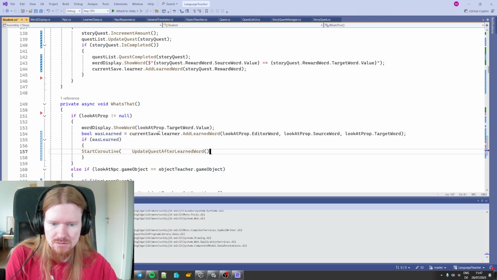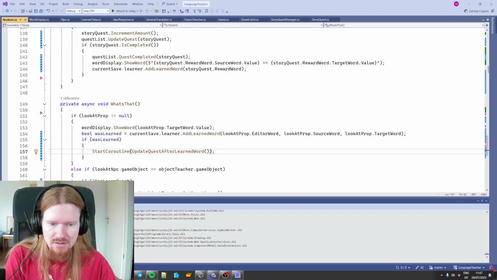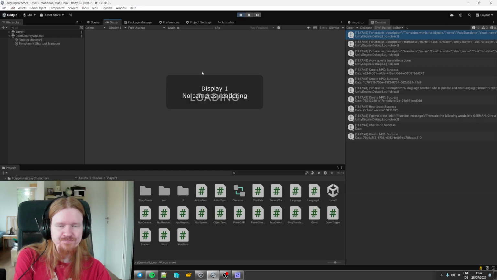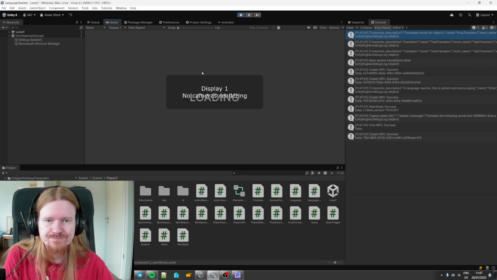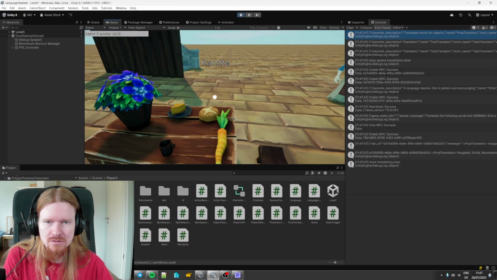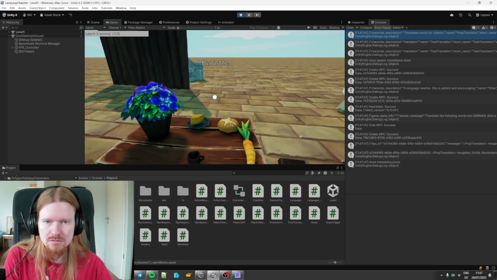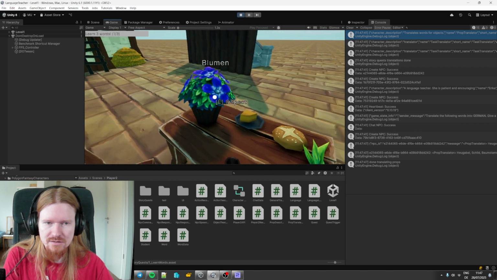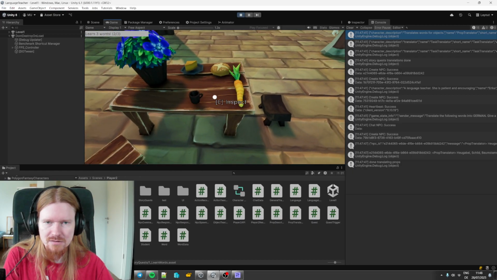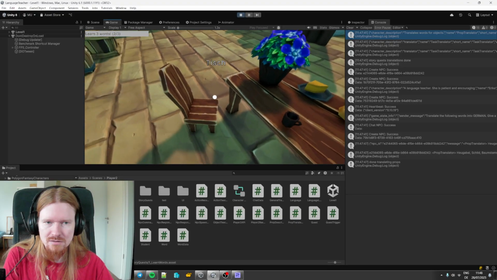Start coroutine like that. Learn 3 words. Karotte. Okay, now that works. Oh, but now when we do this,